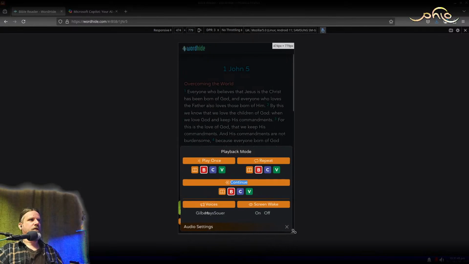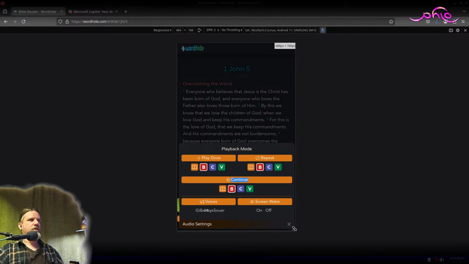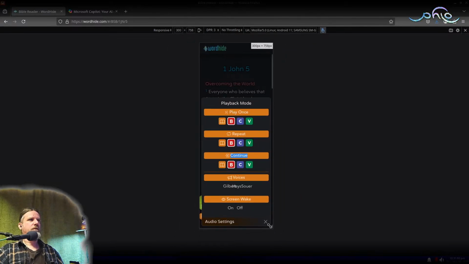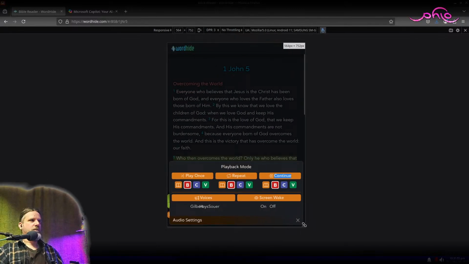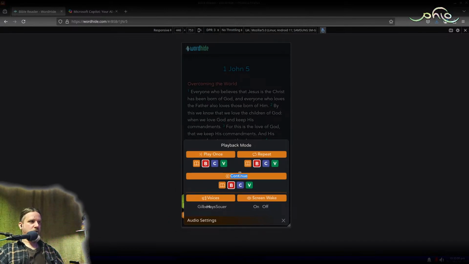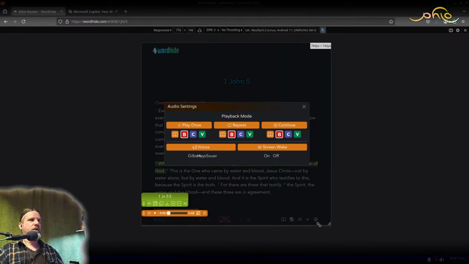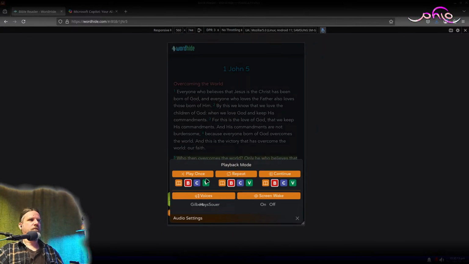So as soon as it has enough space, it puts 2 versus 3 versus 1, however, it just looks good. So we got that styling figured out. Took a while, but now that this is no longer going to be continue and it's going to be word hide mode or whatever, I'm going to put that on its own separate line essentially. So really it'll just have to wrap these two, play once and repeat. I think it still makes sense to have word hide under playback mode to some degree.